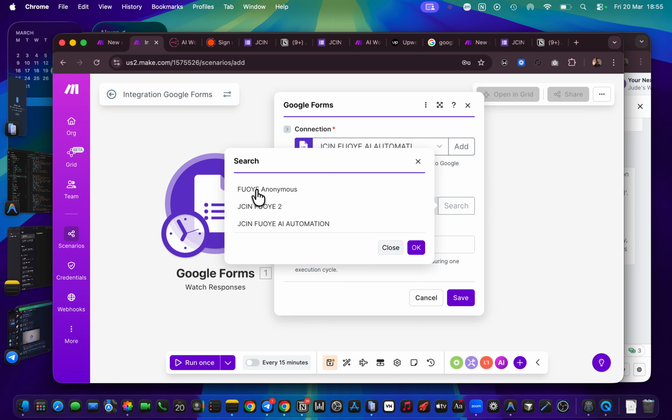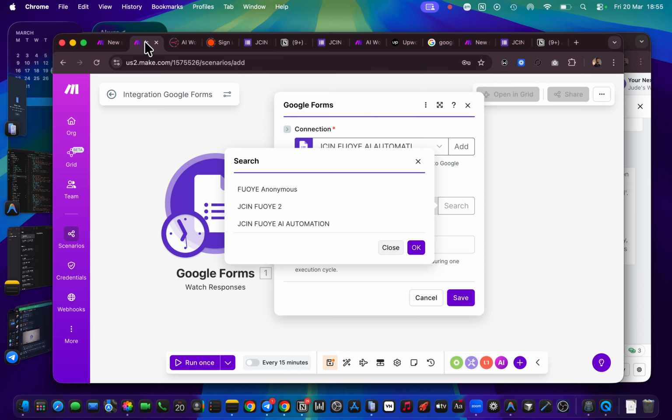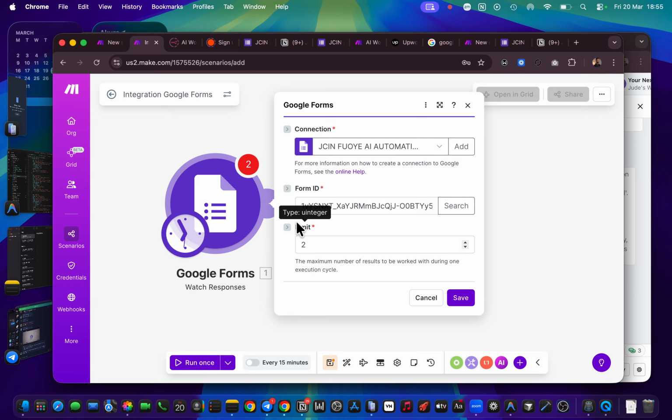So you can see I have Foyer Anonymous. I was using this for a particular team I was working with in Foyer, and this is the JCIN Foyer 2 we just created, but we did not set everything up, so we're not using that. We'll use the one we've created since yesterday, which was this JCIN Foyer AI automation. So we're going to click on that particular one, and we are in.